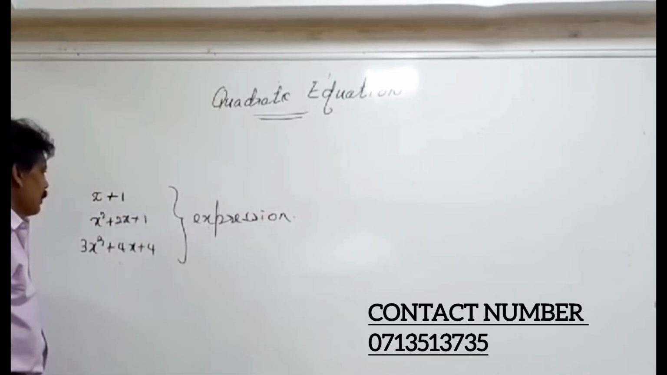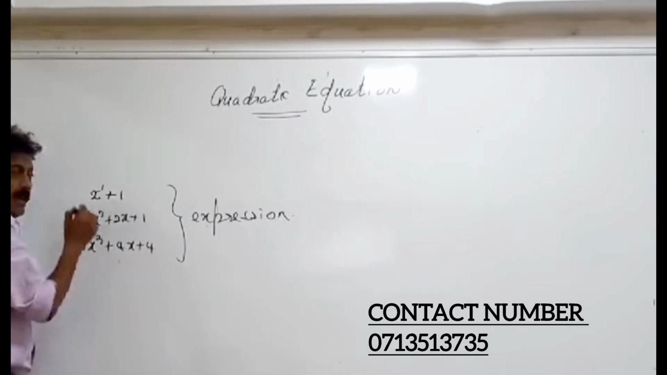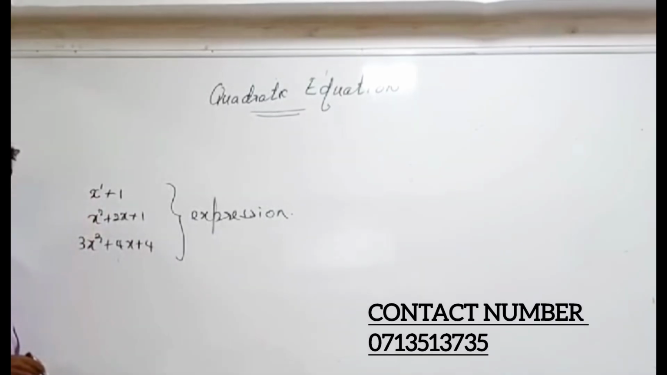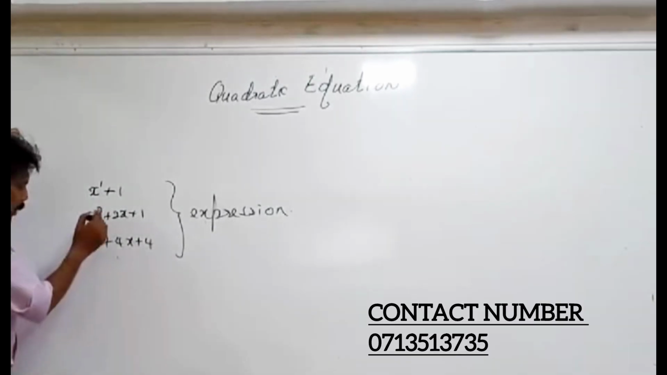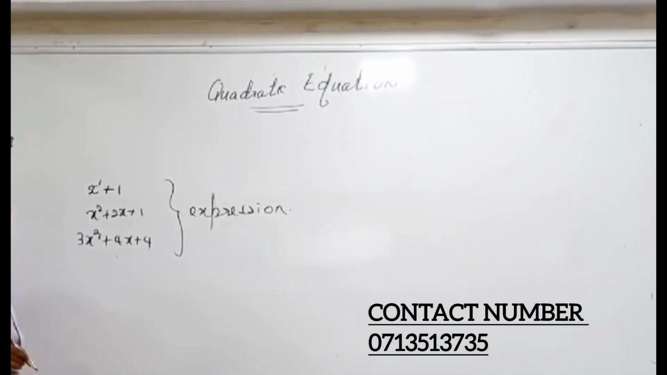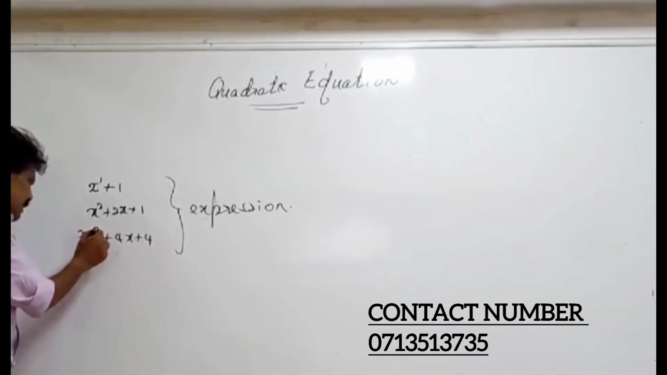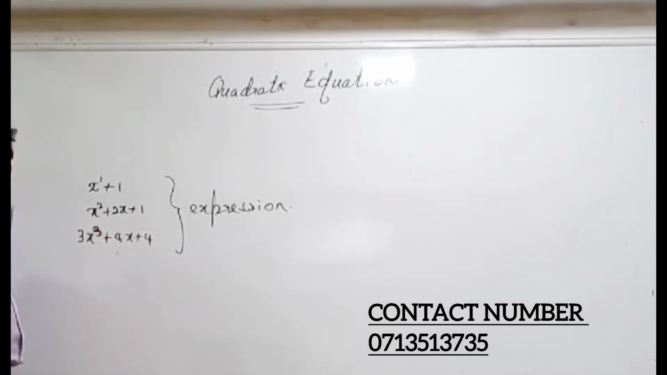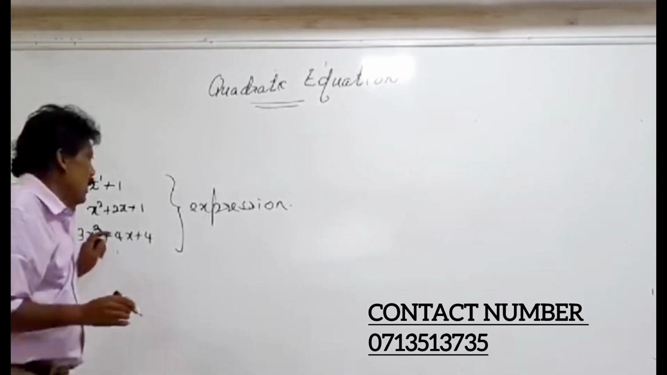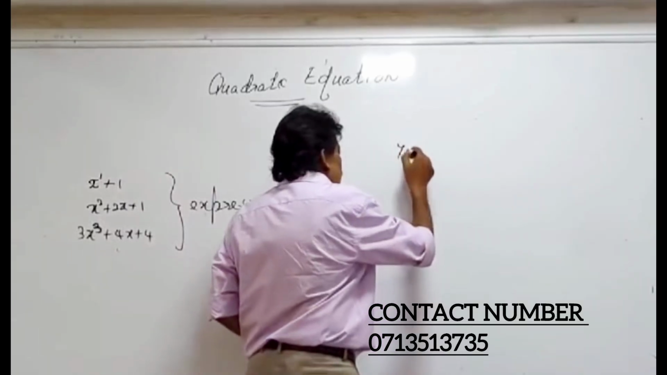Now, when the index of the expression is 1, we call it a linear equation. And when the index is 2, we call it a quadratic equation. When the largest index is 3, you call it a cubic equation. In this subject, we are talking about quadratic equations. To write a quadratic equation,